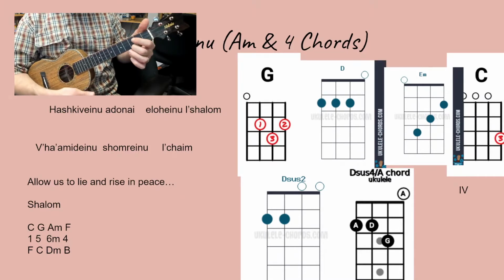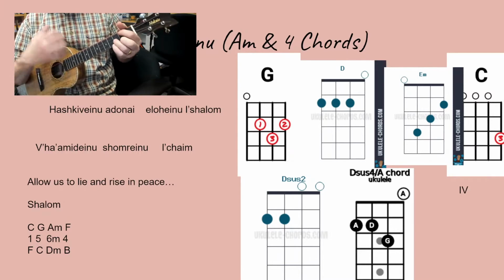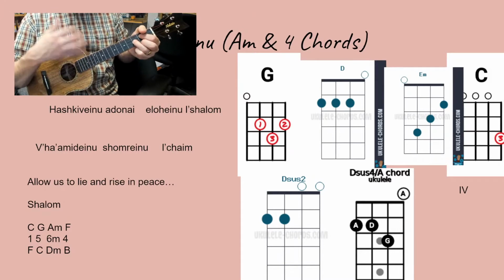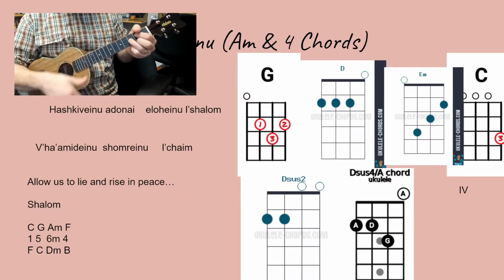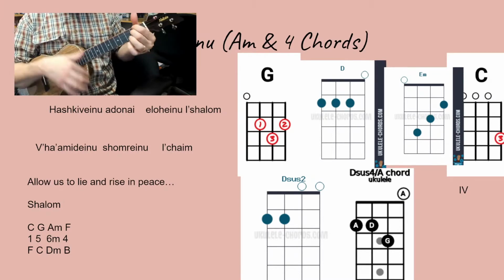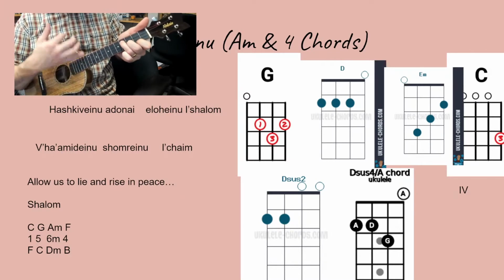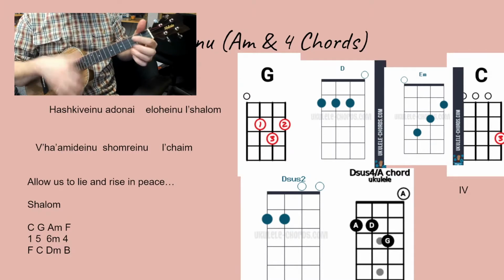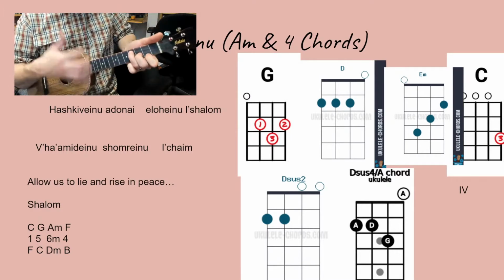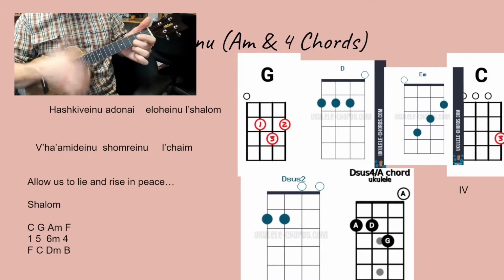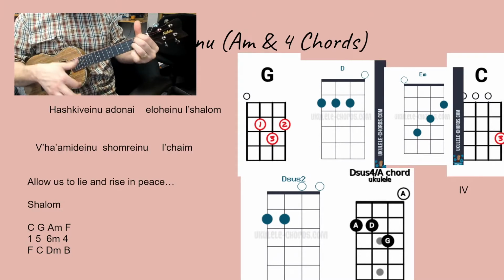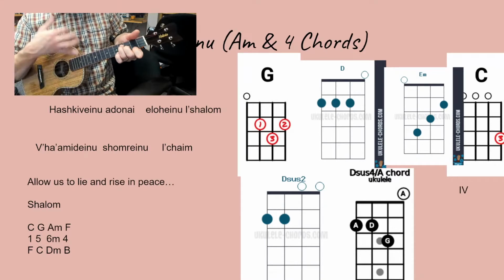Okay, let's try this. 2, 3, 4, a G, down, up, down, down, down, up, down, up, down. Okay, one more time and then we're gonna go on. Here, G, now D, E minor, and C, G, D, E minor, and you'll hear me change the strum on that C to turn it around. G, D, E minor, and C,